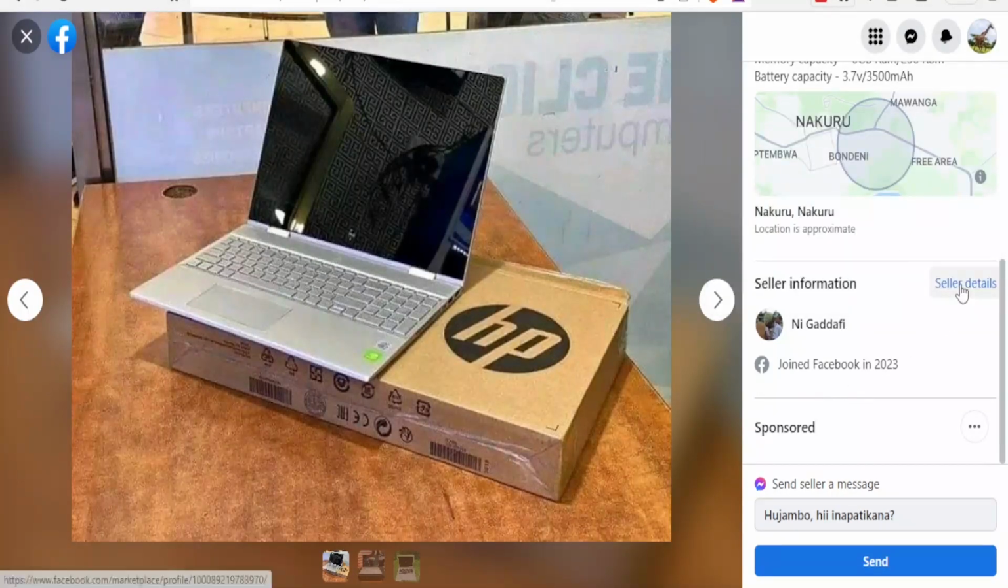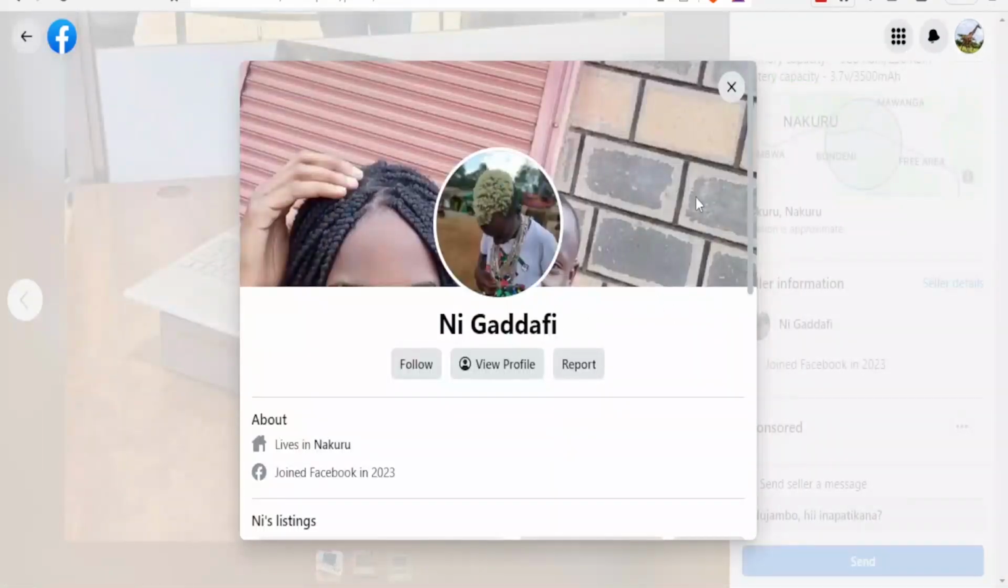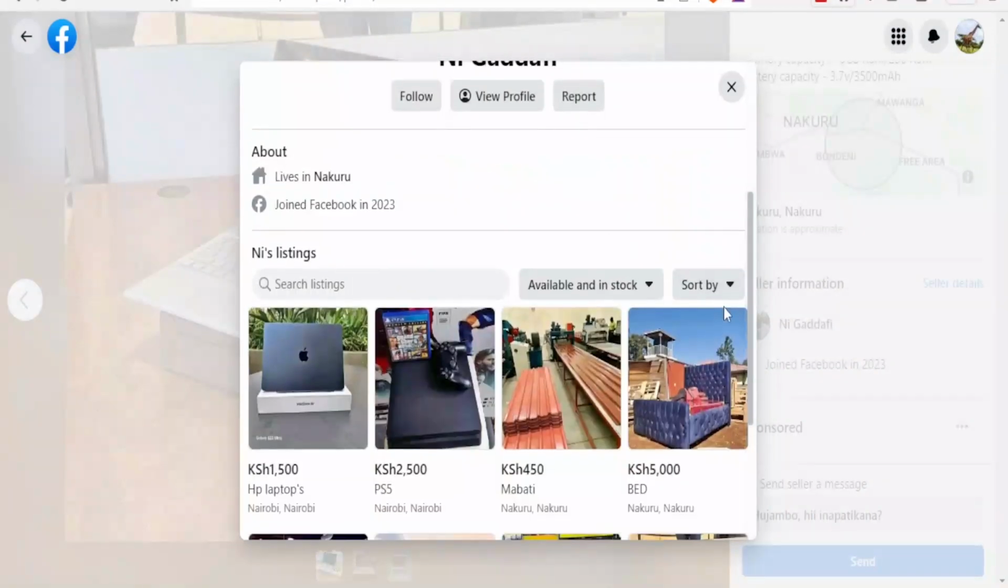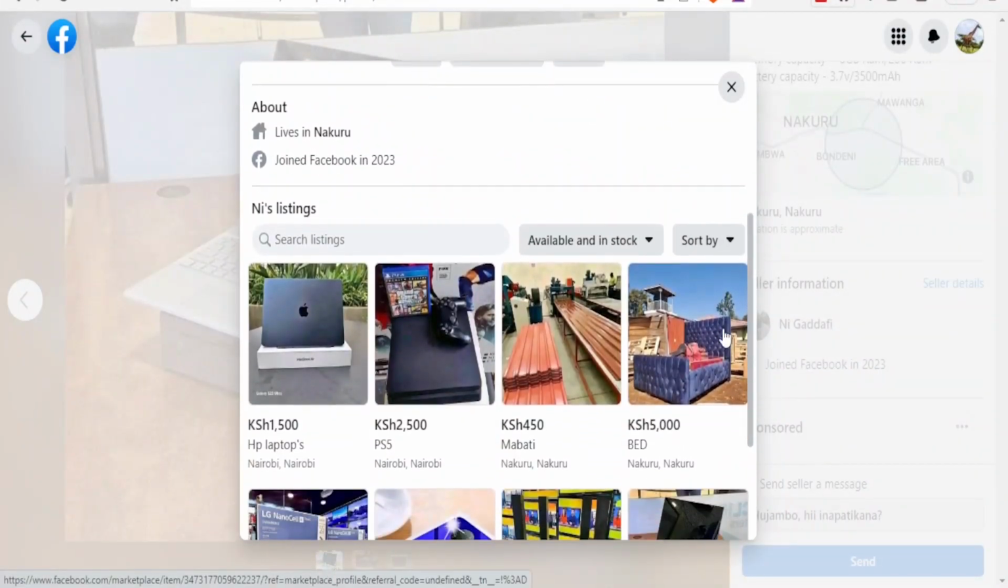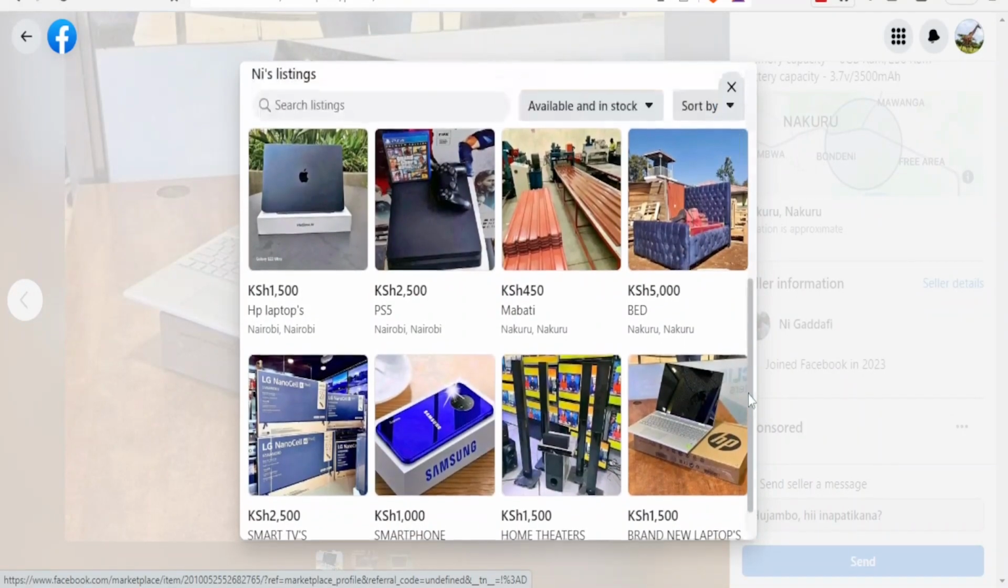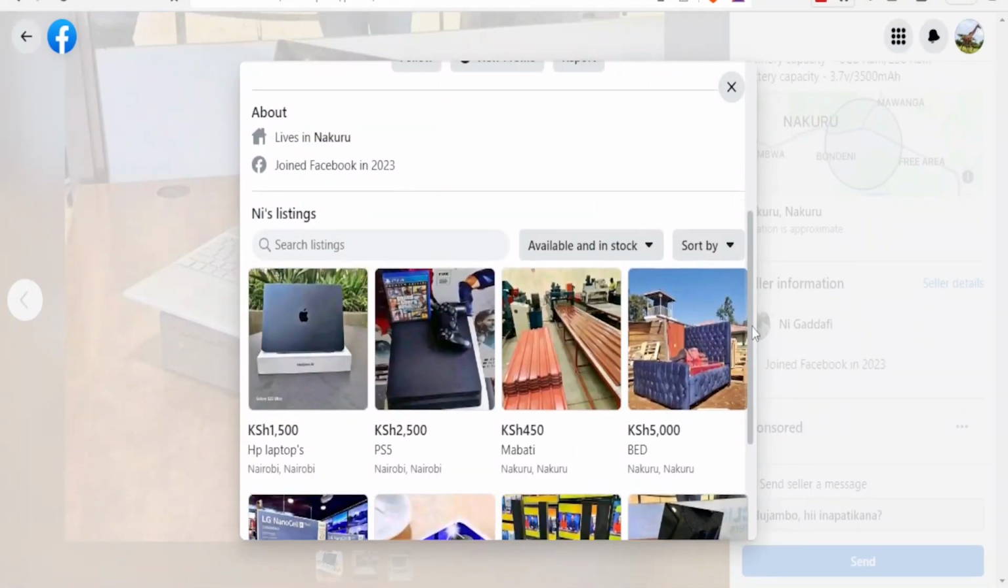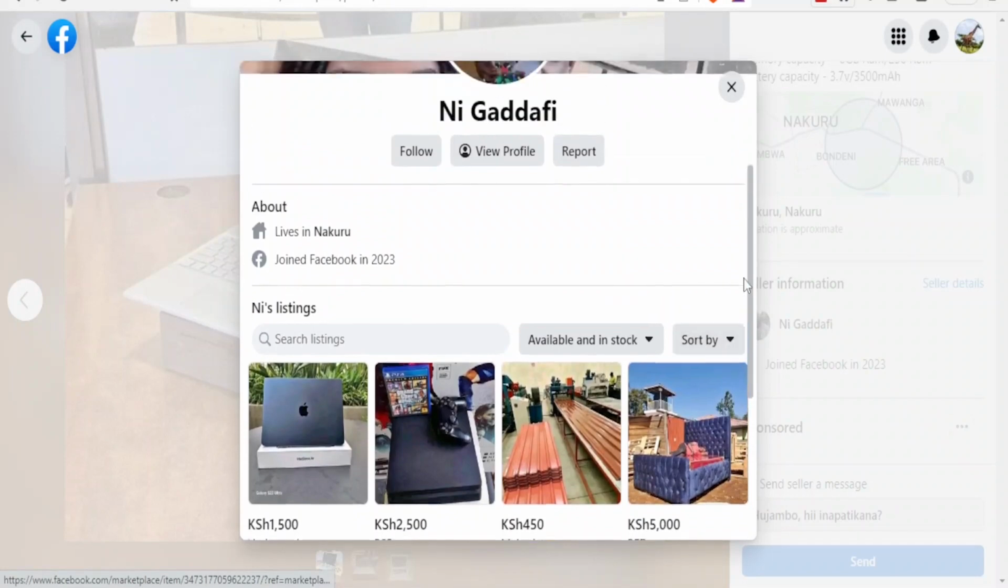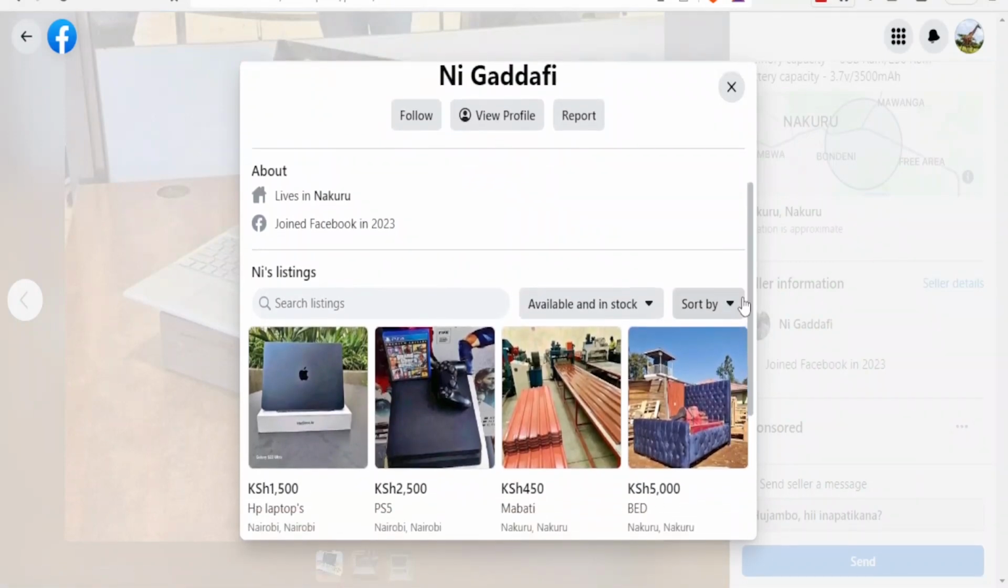If now I click on seller details, you notice the seller does not have any ratings yet. And so this may not be the best place or the best person to buy from. We are not saying the person is not genuine, but then with ratings, it gives some credibility to your account. And how you get ratings, you simply make a sale and request the person you sold to give a rating